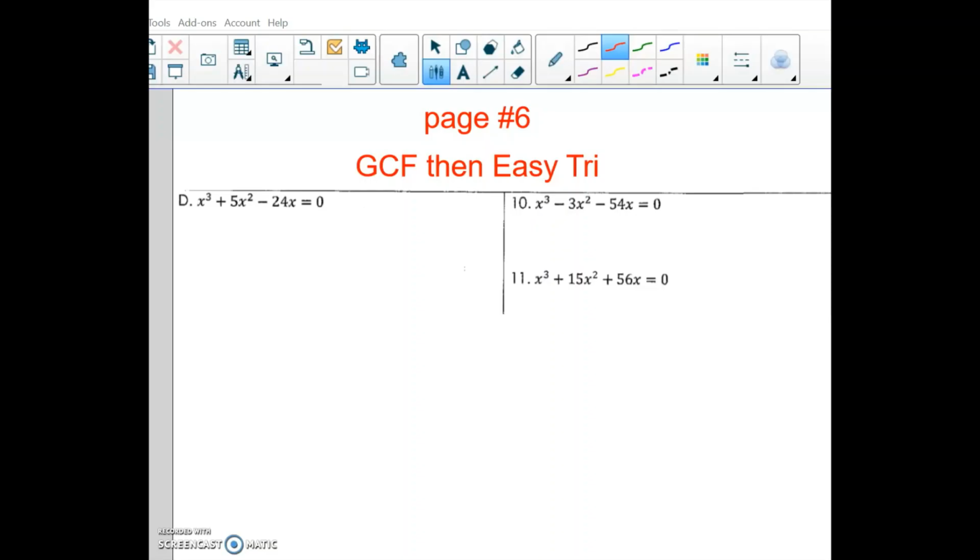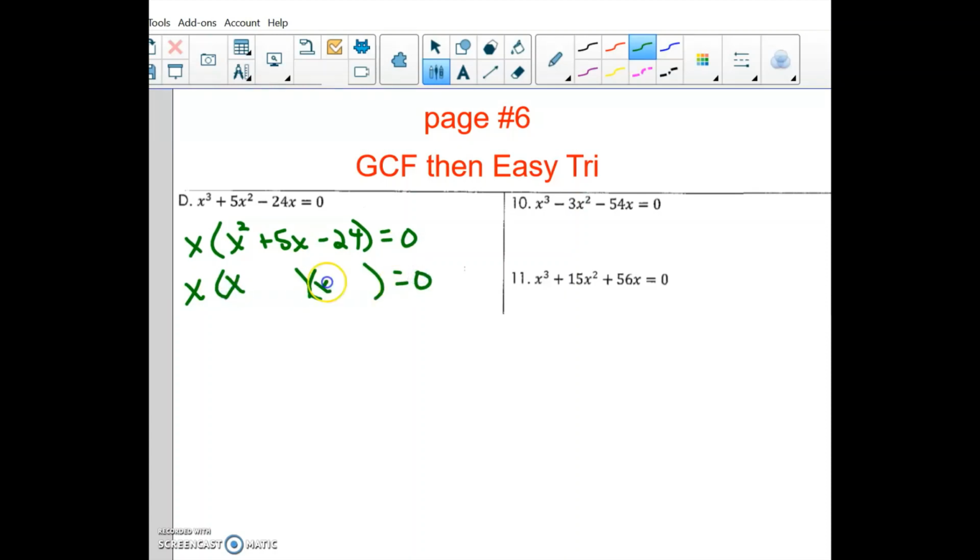Moving on to page 6, and example D, we have a greatest common factor followed by an easy trinomial. So this should be a lot simpler than example C, which has a quadratic formula. So our GCF in this problem is just going to be an x, followed by an easy trinomial, x squared plus 5x minus 24, keep it equal to 0. We'll continue to factor the trinomial,